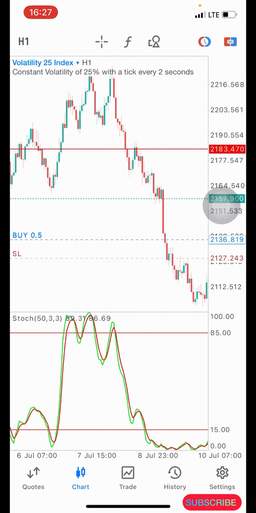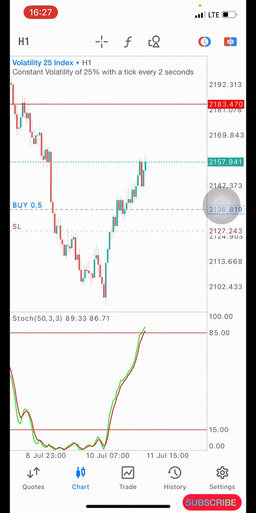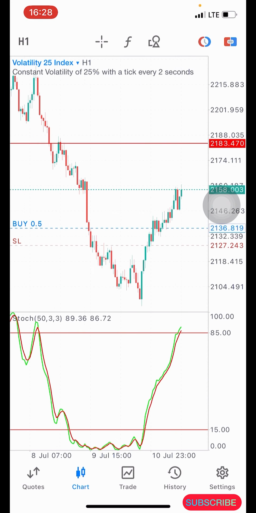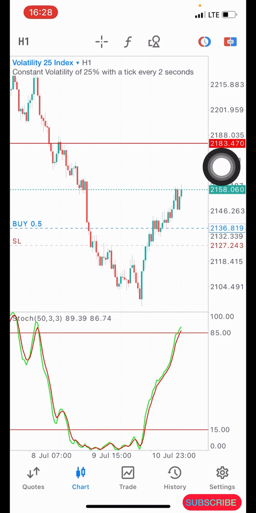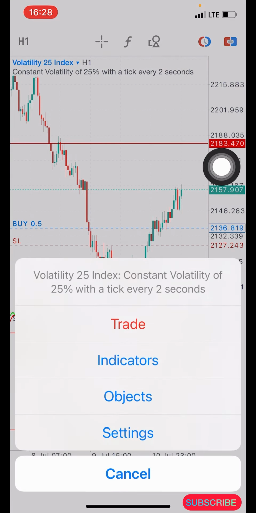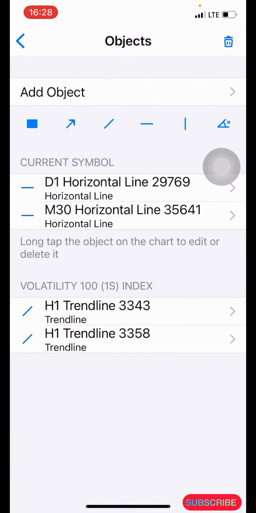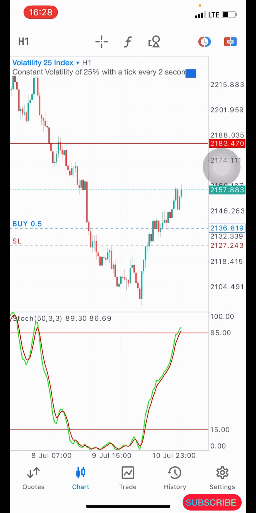All right, so let me show you guys the reason why I took this entry. So based on this strategy now, you can see price came down to our oversold level here, which is our 15 level right now. So now I'm waiting for a break of structure. All right, so actually I took this entry very late, but it's still valid, so I left it. I still took another entry. Okay, so now